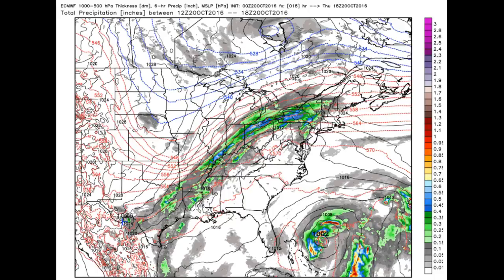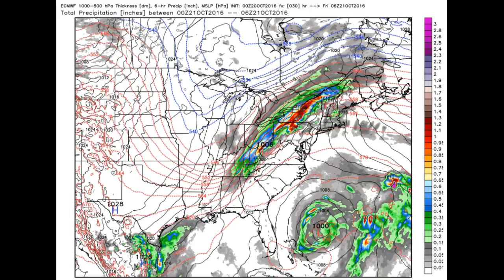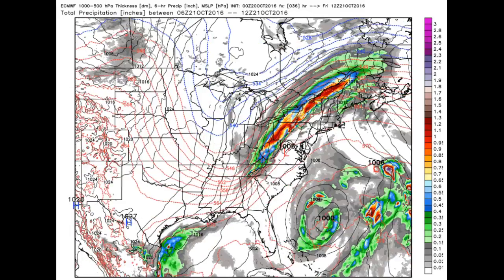Okay, looking at the projection of the European model, you can see that area of precipitation, and this is the tropical depression, which will become Tropical Storm Otto. So looking at that, you can see each 6-hour panel here, and you see the darker reds there, which really do pick up. We're talking a bit greater than 9/10 of an inch of rainfall here, just clipping the northwest portion of Vermont. Otherwise, showers will be relatively light and sporadic across the remainder of the southeastern 2/3 of the state. But the way this is projected right now,